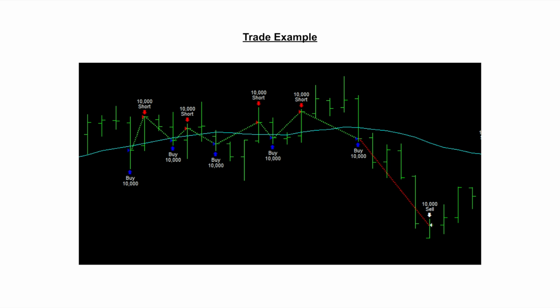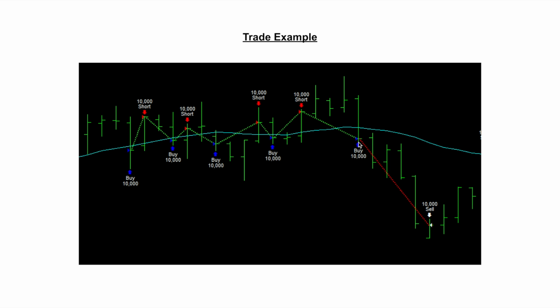Here's quite a good example. We can see the cyan moving average, and we can see that only one of these trades actually uses the timed exit. We'll look at them one by one. The first one here, we see the close has crossed below the moving average, so we buy on the close. The next bar, the close crossed above the moving average, so we exited the long trade and we entered a short trade. And then two bars later, the close crossed below the moving average, we exited the short, went long, and then as we can see, we've got another six trades like that